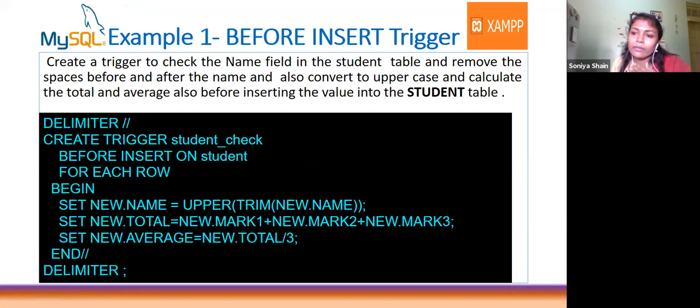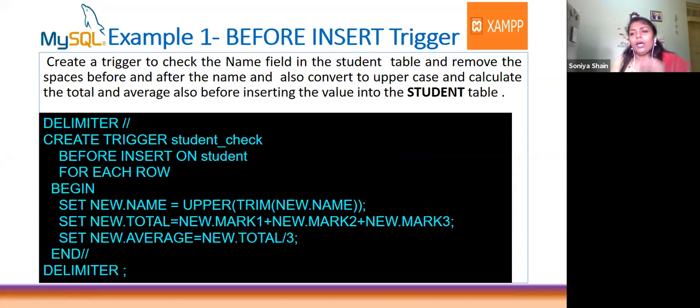So what is my event? What am I going to do? What statement am I going to use? I am going to insert data into the table. At that time, I am going to implement a trigger. I am going to create a trigger. What the trigger is doing, that you have to know. The trigger is going to check the student's details.